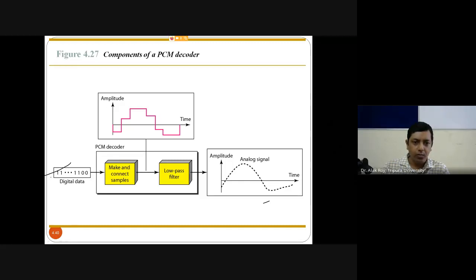From one sample to the next it will continue to develop the signal, and you use a low pass filter to get this analog signal. Just the opposite will happen, where each bit stream will be converted into your analog signal. This will be somewhat like this form: regeneration of the signal from the bit stream. You can apply line encoding here also.